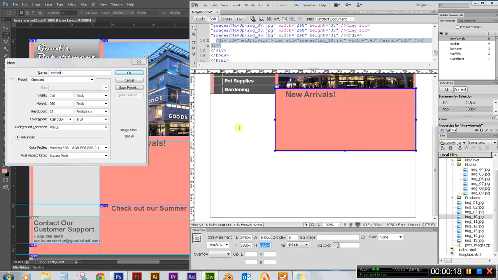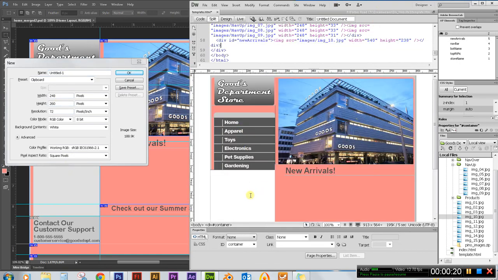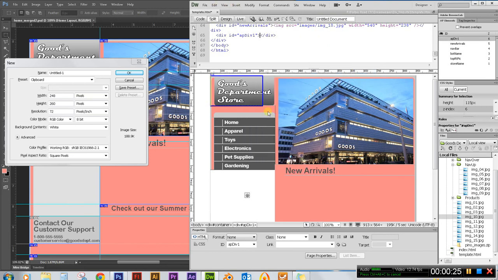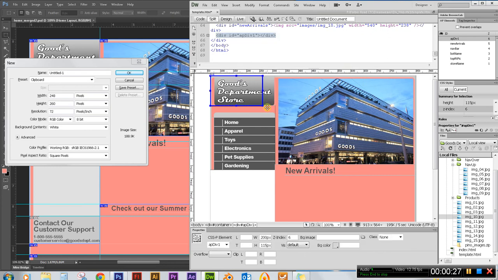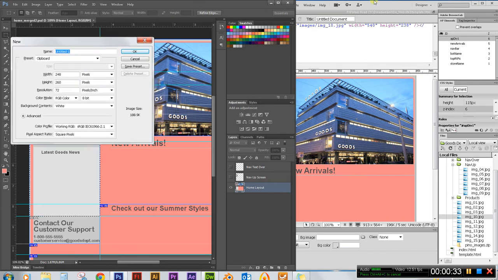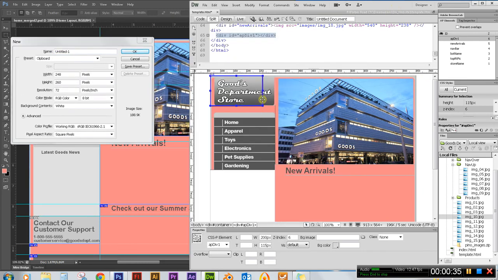So I'm going to click in the empty area here, and then insert layout object AP div, and let's resize this. This will be the news section, so I'll actually name it latest news,